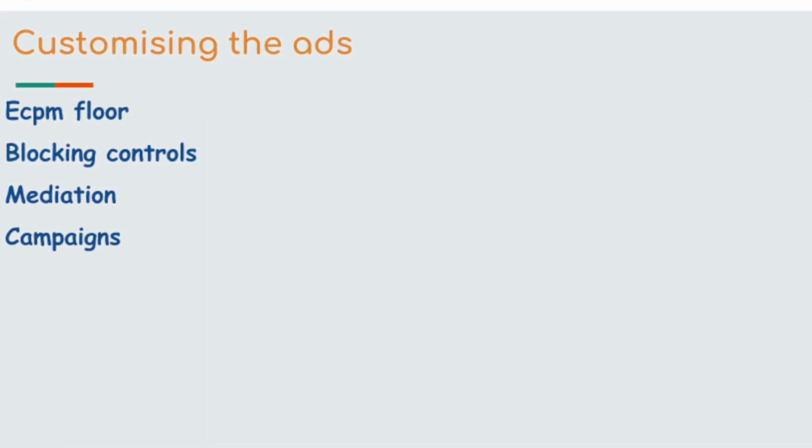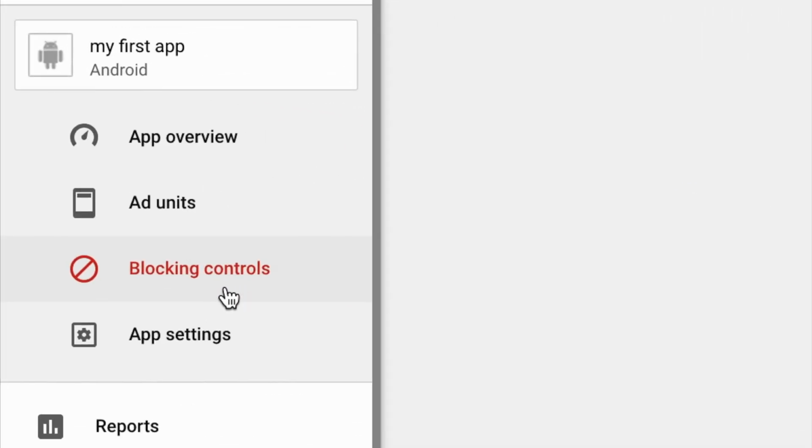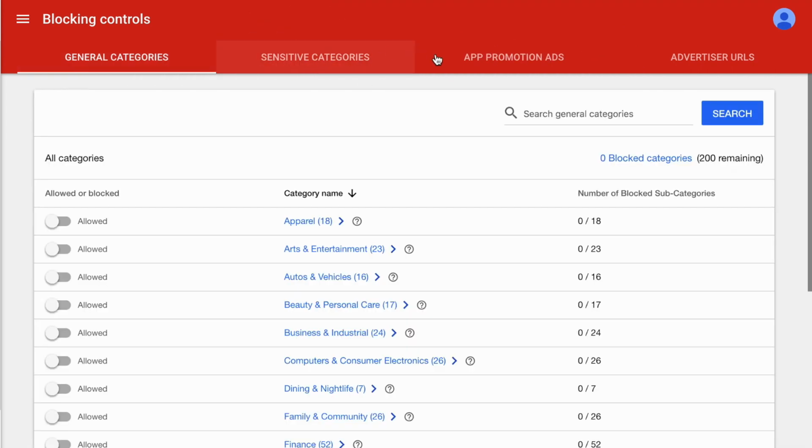The next parameter is blocking controls. So if you want to block different kinds of ads, such as the ads related to vulgarity, and you don't want to show such ads with the help of your ad unit ID, then you should come here in this tab saying blocking controls. And here you have different tabs saying general categories, sensitive categories, app promotion ads, advertiser URLs. So if you know directly the URLs of the advertisers of which you don't want to publish ads, from that advertiser, if you don't want to publish any kind of ad, you can just go there and add the